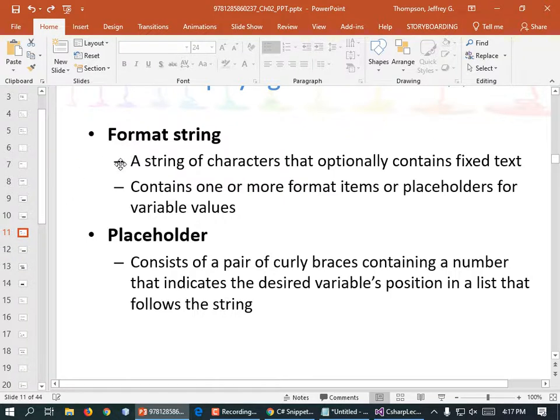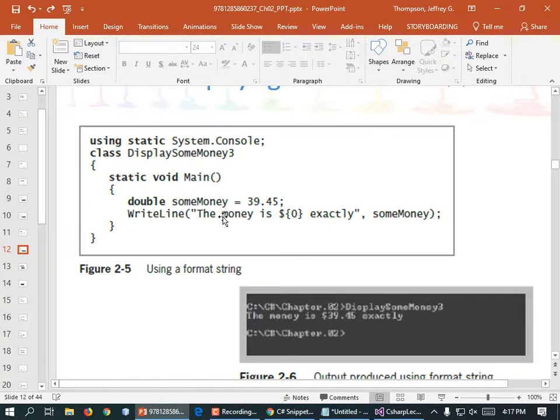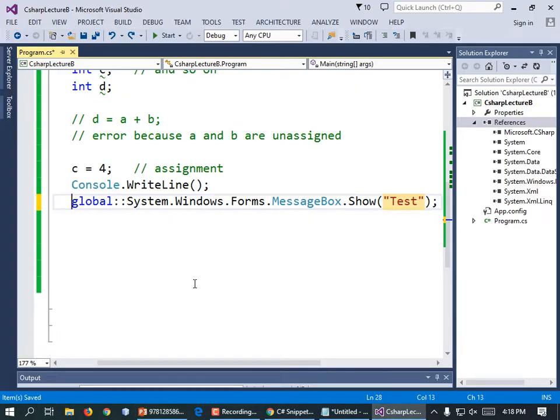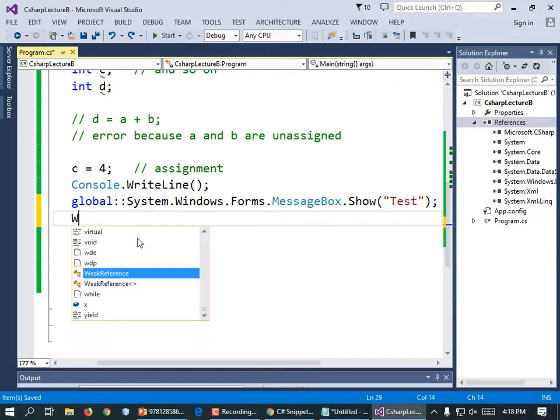So format string, that's when you have that write statement and you've got the curly braces indicating what you're printing out. Like this. The money is $, and then inside the curly braces you have a 0 to represent print out the first parameter there. And if you had other parameters, you could print out curly brace 1, curly brace 2, curly brace 3. Now, something odd about that is that you don't have to reference them in order. What do I mean by that? If I do WriteLine,